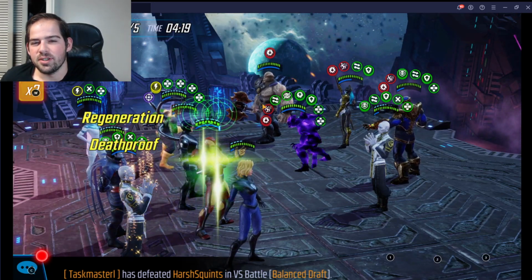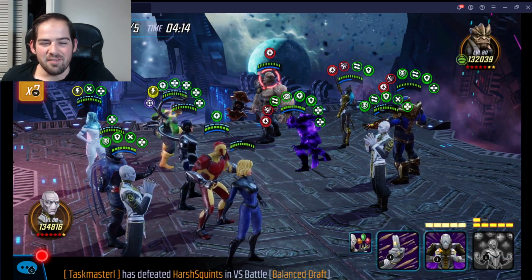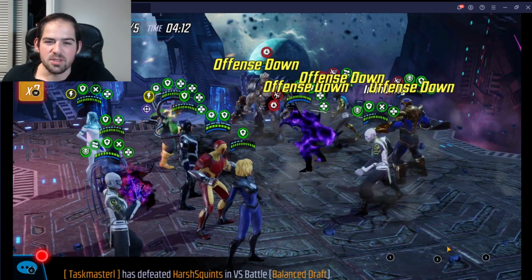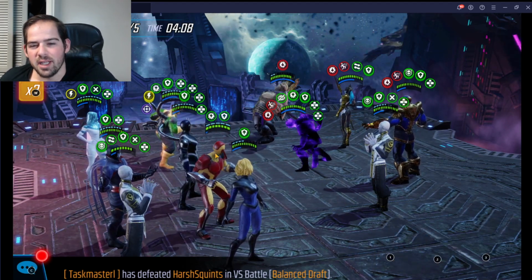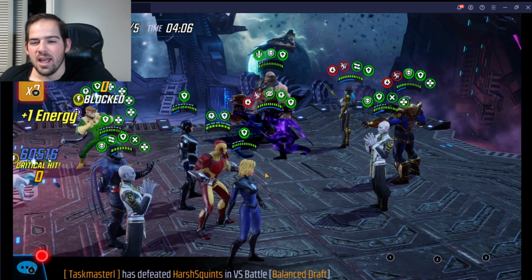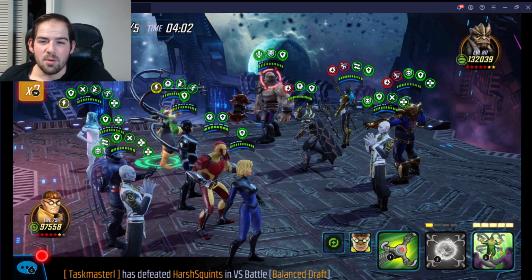Sometimes we'll have Mr. Sinister go before Black Bolt does, so Cole will still be taunting. And if that's the case, then I just do Mr. Sinister's basic attack. So I'm going to do a basic attack because I want to keep this Shocker around, just because if we can get Proxima to honestly stun Shocker, I think that would be great. So here's